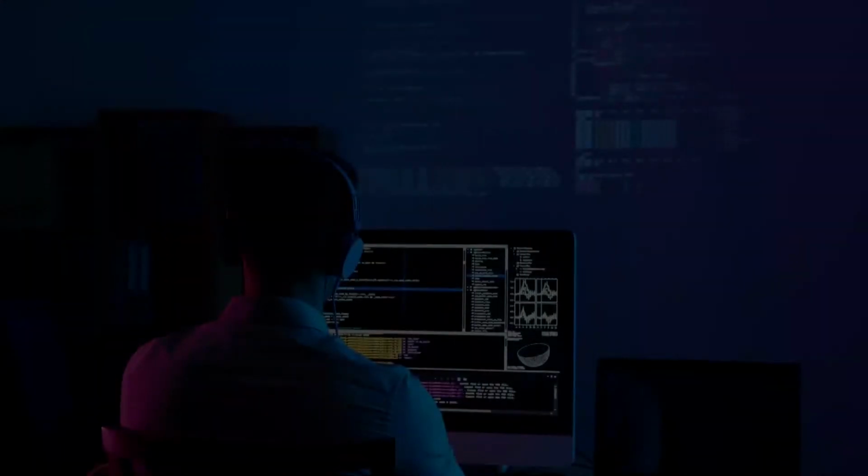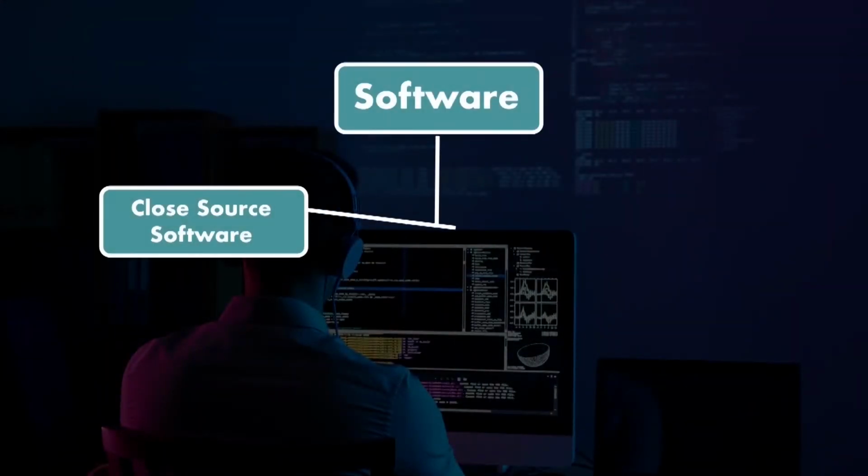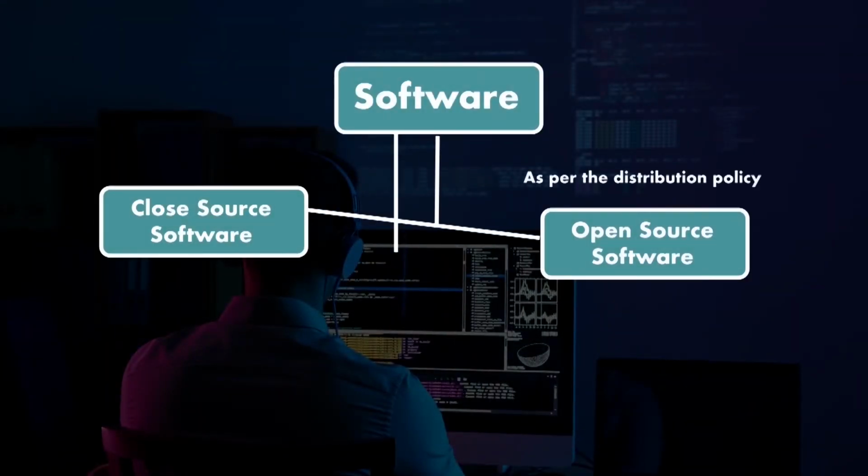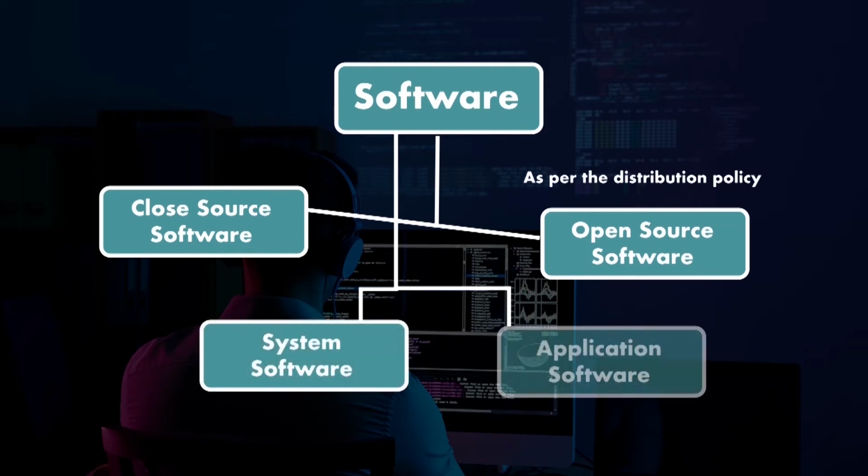You can see what I have told you: software is divided into two groups. First, as per their domain of activities, system software and application software; or they can also be divided as per their distribution policy: closed source commercial, freely available closed source, and open source. Both system software and application software can be open source.